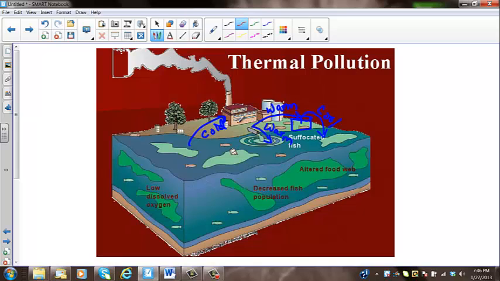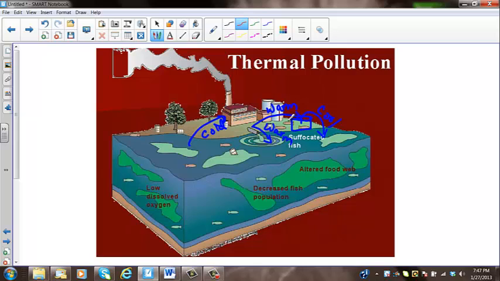In countries without regulations, that water is then dumped, now warm because it's been used, back into that same body of water. This decreases the amount of dissolved oxygen in the water, because as temperature increases, the solubility of a gas decreases. This then suffocates the fish that don't have enough oxygen, decreases the fish population, and ultimately alters the